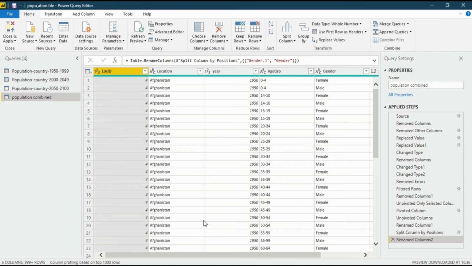Now we are in Power BI desktop in the Power Query editor section. If you want to know how this interface of the Power Query editor works, you can go to my previous videos and see how the Power Query editor functions. If you want to know more about the applied steps which I have done with this data,